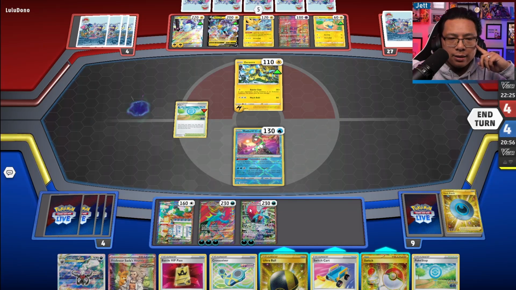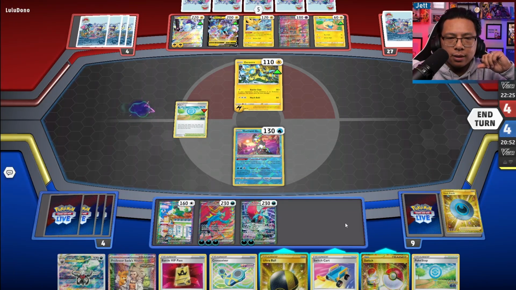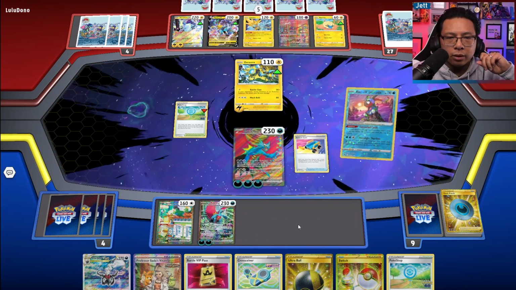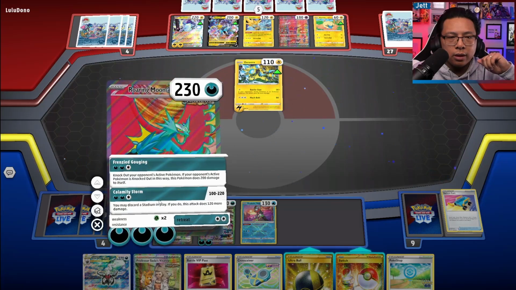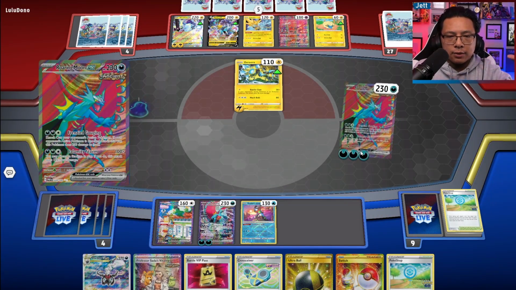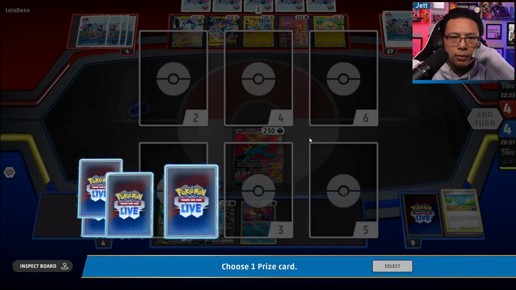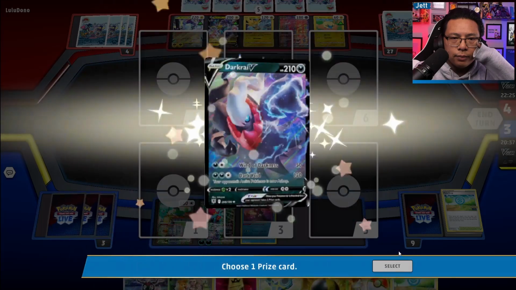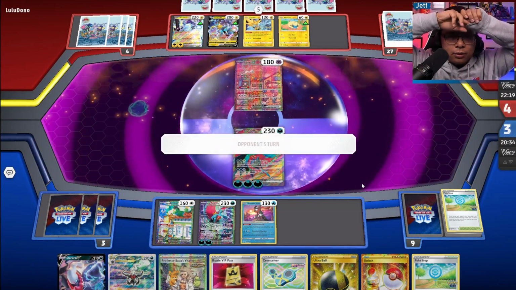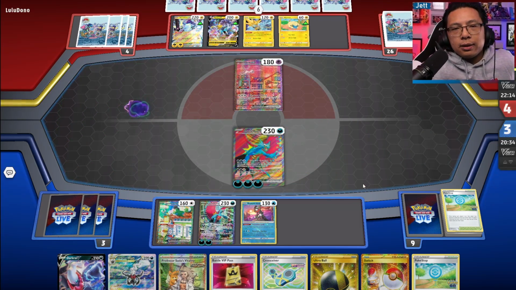We only have 9 cards left, though. Yeah, we can switch card. It's fine. Doesn't matter here. Let's go Roaring Moon. And we will Calamity Storm, and discard this stadium. Yes. There's the Darkrai. Okay, we do have to set up Darkrai here, depending on how long this goes. I think if we can survive...